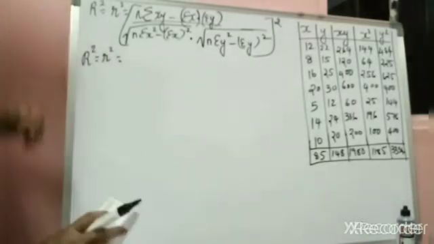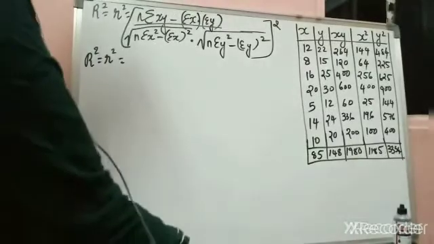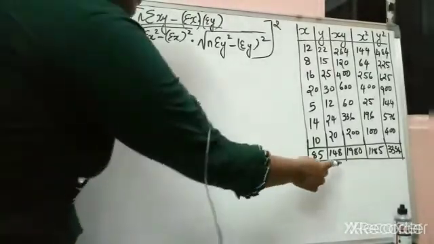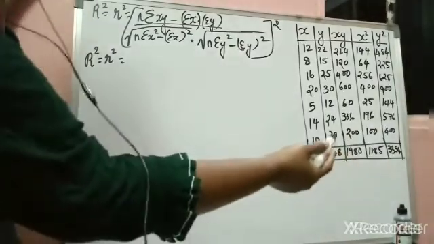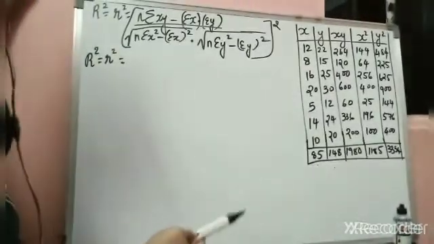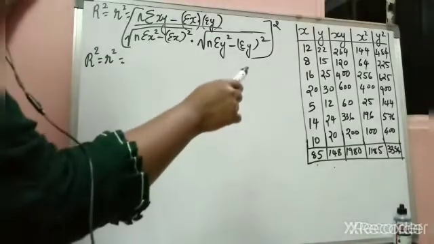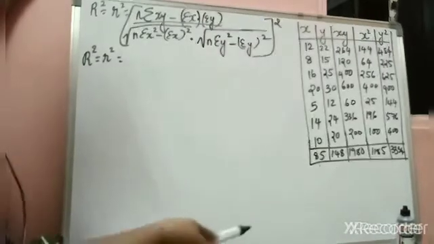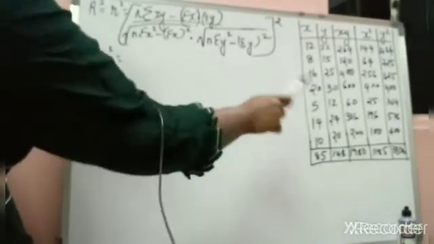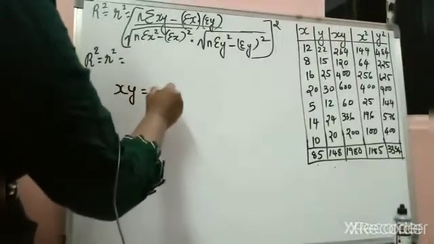First of all, you have to write your X and Y variable. Then afterwards you have to find out XY, X square and Y square columns. I hope up till now you are able to find out how to calculate the XY, X square and Y square. After that, I hope you all can do it by yourself. It is not hard, you only have to see XY is X multiplied by Y.